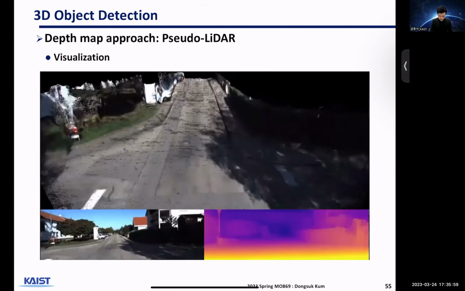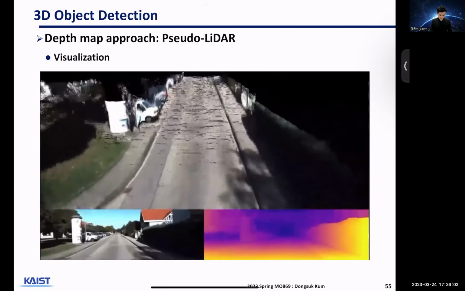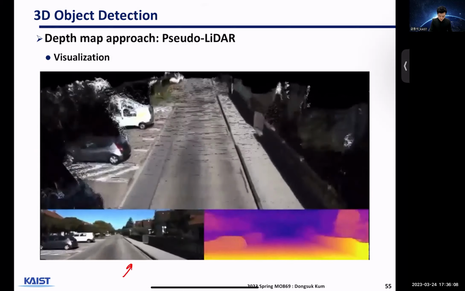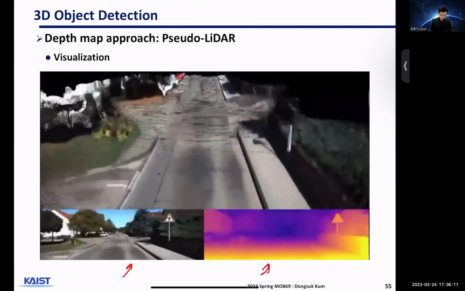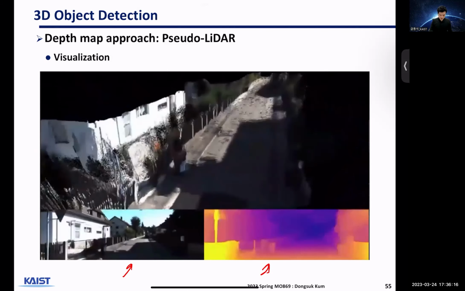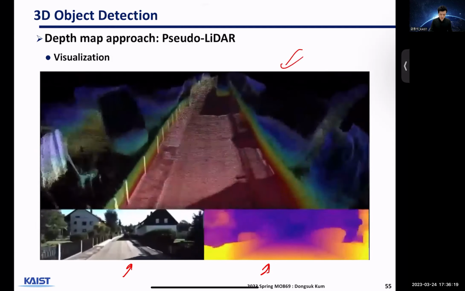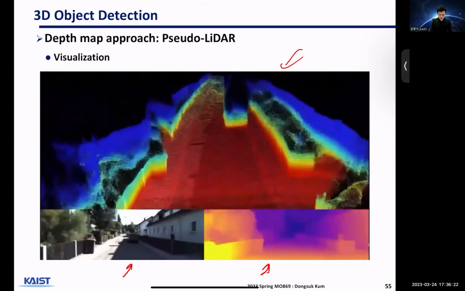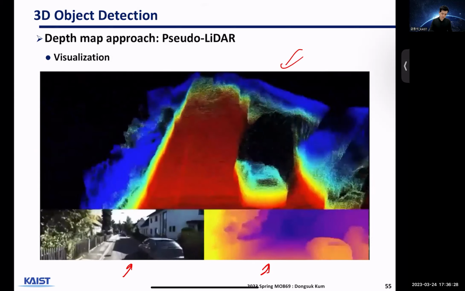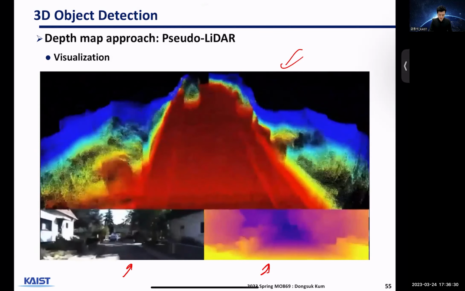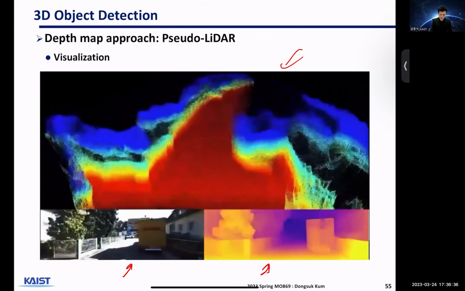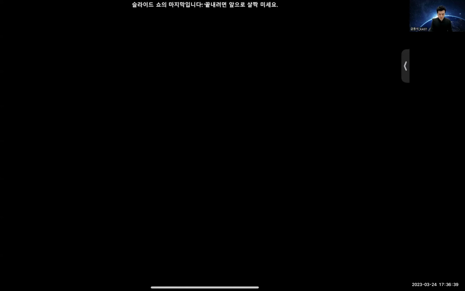So this is a visualization of pseudo LiDAR. So you're looking at the RGB input and then the depth estimation output and the visualization of that in 3D space. And you can apply a LiDAR-based detector or a 2D object detector, depending on your representation. Okay,